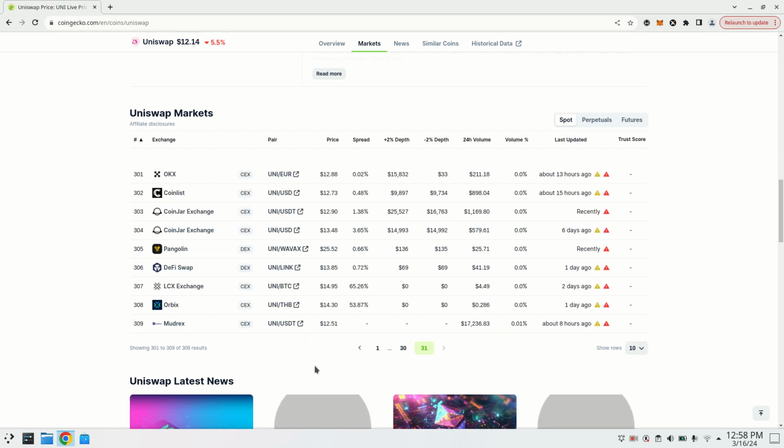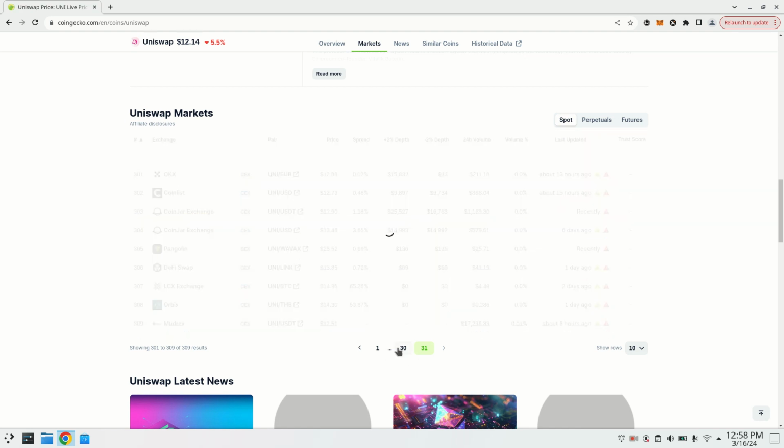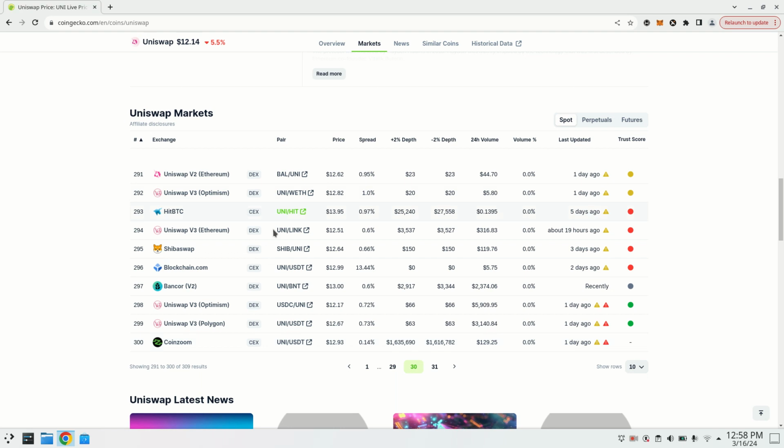So it means Uniswap is quite trusted, right? Because the more coins listed in their pairs, and the more listed on more DEX and more exchanges, then that coin or token would be more stable and more trustable.